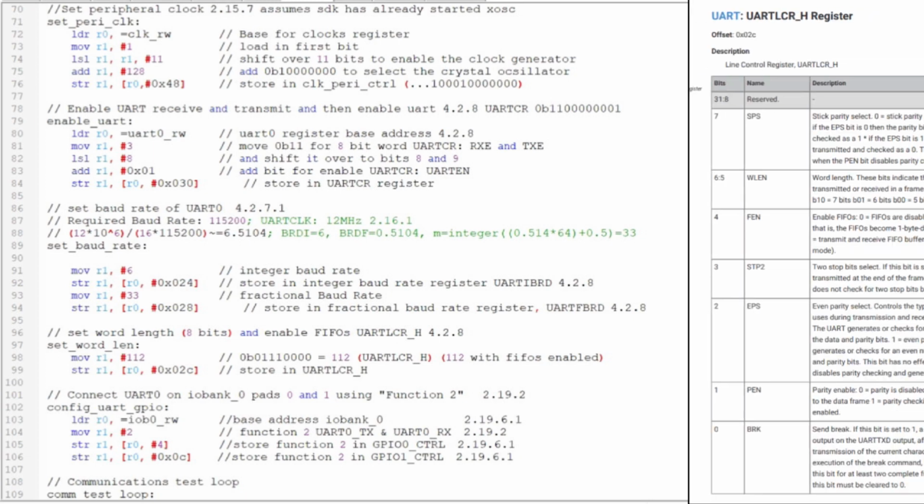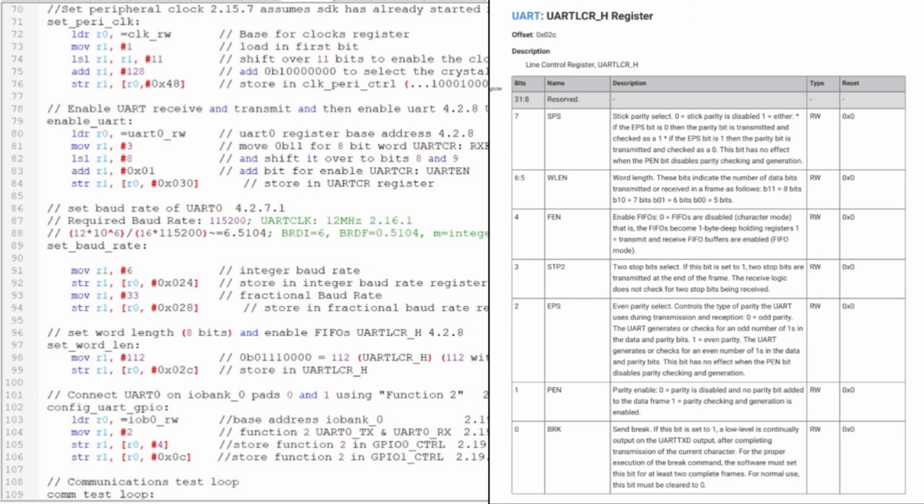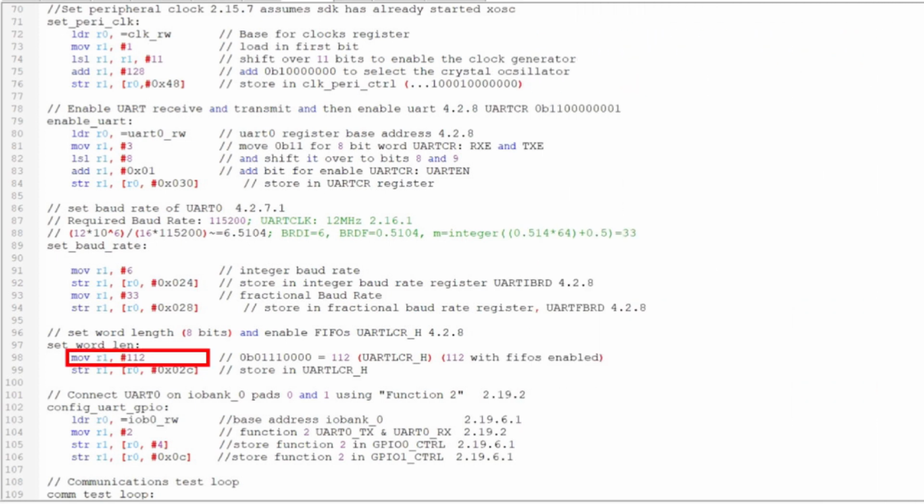Now we need to set the word length and to enable the FIFO registers. We do this in the UART LCR-H register, which is located at an offset of 2C hex from the UART register base address. I'll set bits 5 and 6 to set the word length to 8 bits, and I'll set bit 4 to enable the FIFOs. We'll do that by loading decimal 112 into register 1 and then storing it in the UART